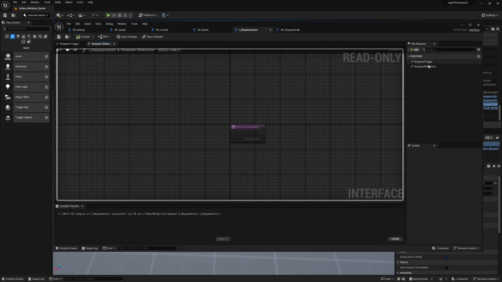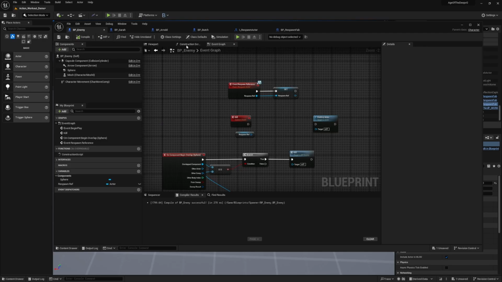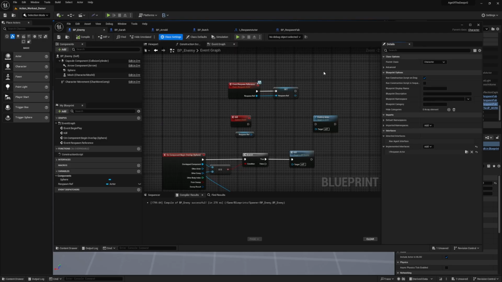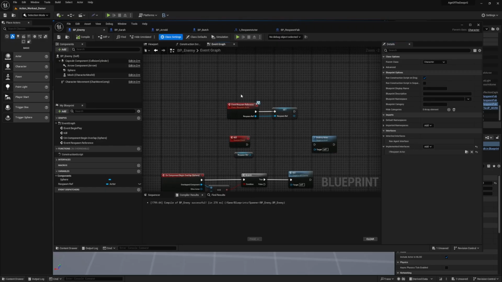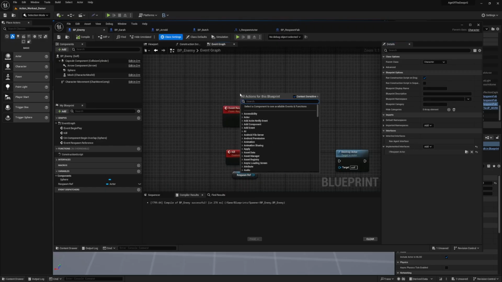Respawn reference with an input of just the basic actor, and then I attach that to the class settings of the main parent enemy under here for respawn actor, and then that's where I've got the respawn reference event